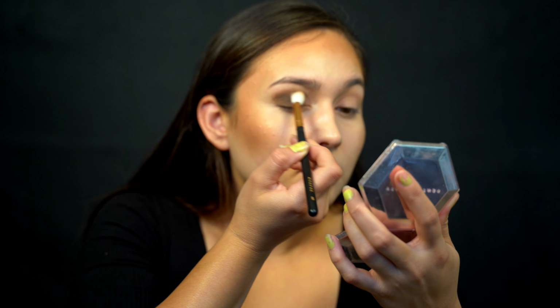All right, now that our face is nice and bronzed, we're going to be doing our eyes next. I'm using the James Charles palette, but you can use any palette that you want. Essentially, what you want is a light brown, a dark brown, black, and white. So based on the James Charles palette, the first shade that I'm using is called Tea, which is a very